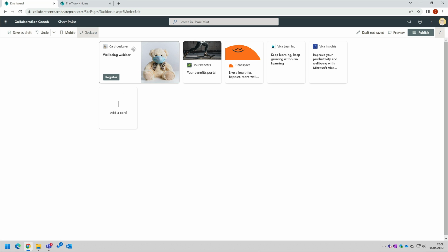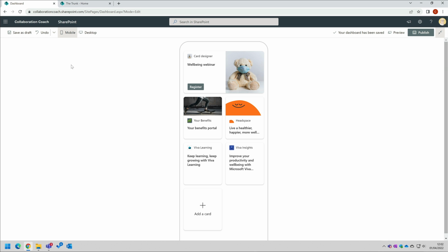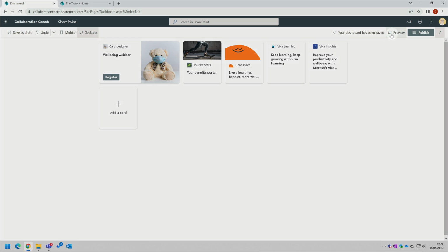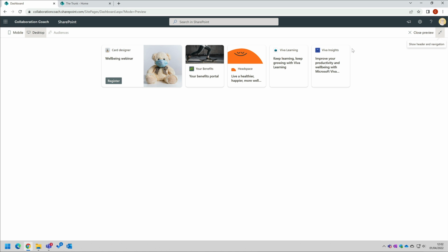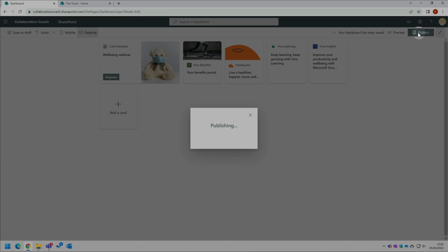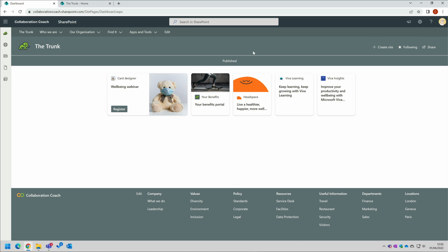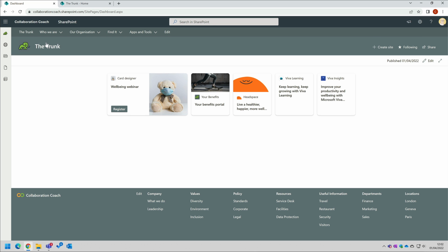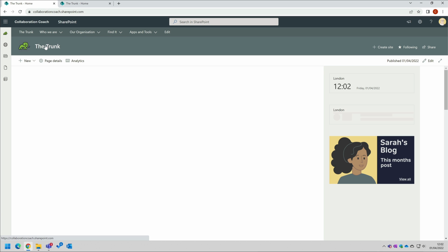You can also view this by mobile, so if you want to see what it looks like on the mobile. And there's also a preview, so you can see what it would look like once it's published. Now, once I'm happy with it, I think it's all ready to go, I can hit the publish button, and now that is live. So when I go back to my homepage, which is my intranet homepage,